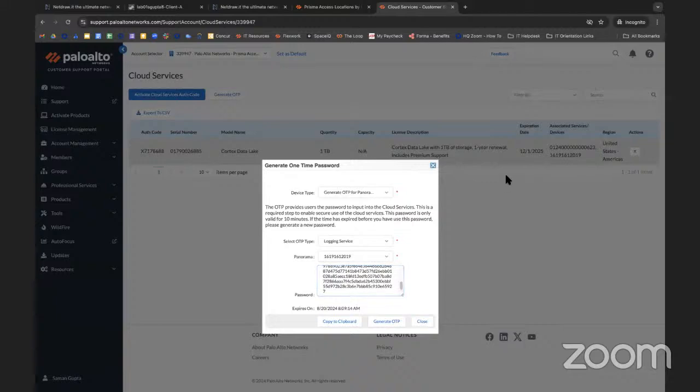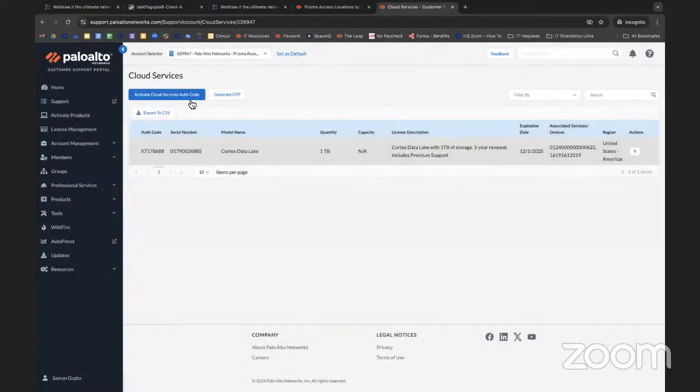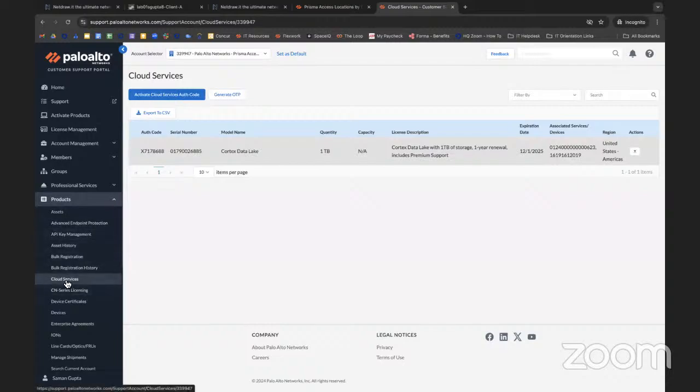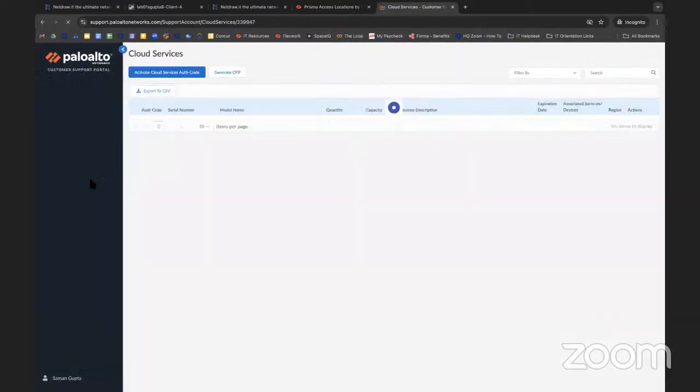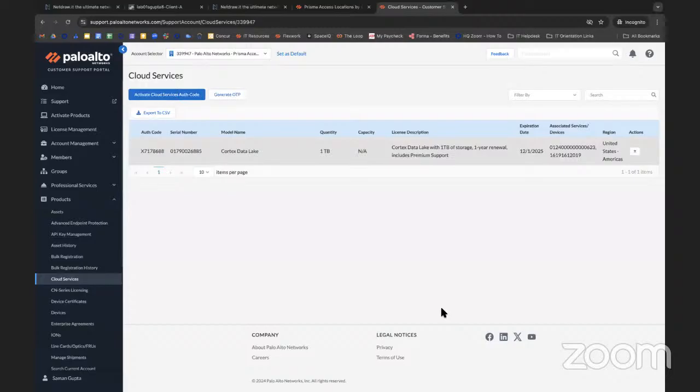All right, let me share my screen and show you actually what I'm doing here. Okay, so I have logged into the support portal of Prisma Access, and from here we actually get the OTP. So how do we get the OTP? We go to the product section, we go to the cloud service, and